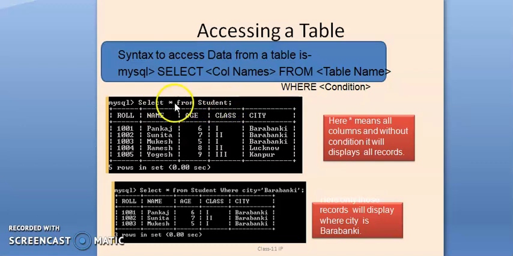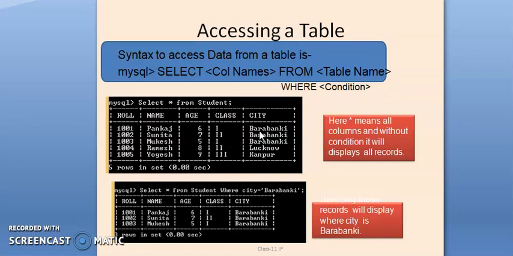When you press the enter key, the output is that we can access all the records of the student table. Here we can see that 5 records are inserted in the student table. So when we give the command select star from student, it will show us all the records of our table. In this manner we can access all the records of a specific table.